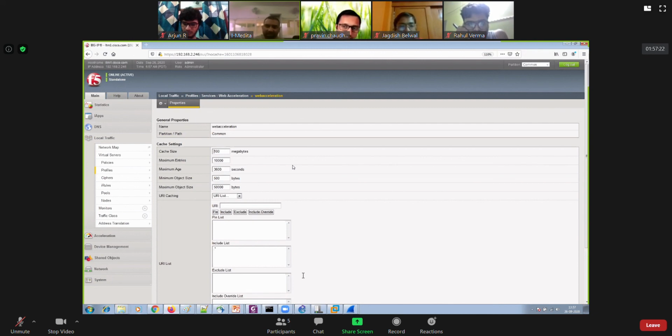So remember that in AWS, in cloud, they have a solution called Cloudflare or something like that. I mean, they have cache servers across the world. You can utilize those services. So same here, you can also utilize your BigIP as a cache server.